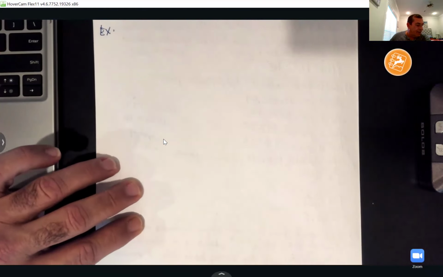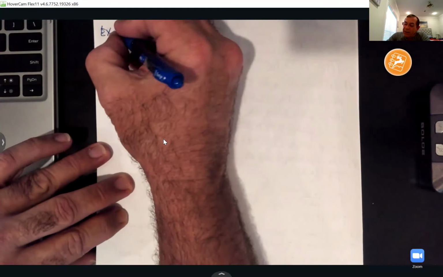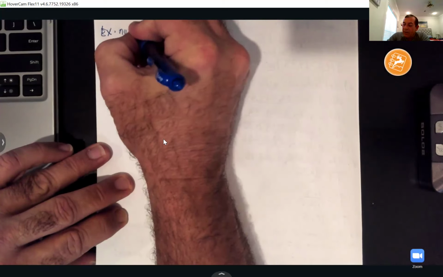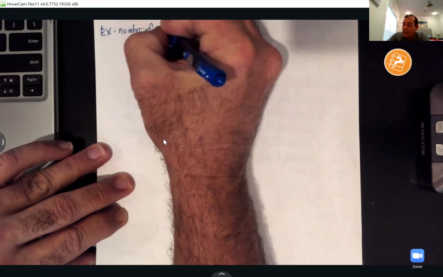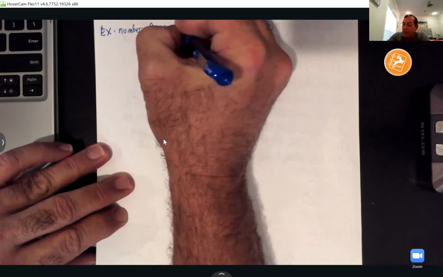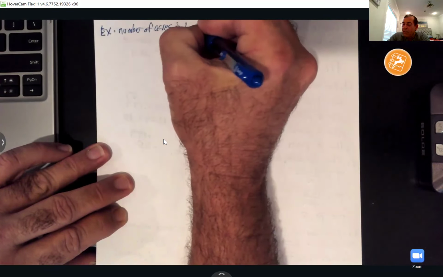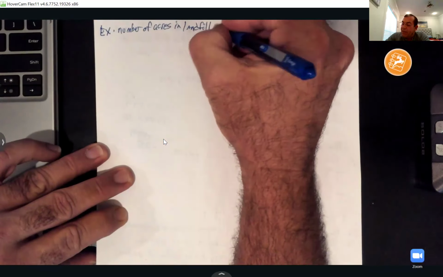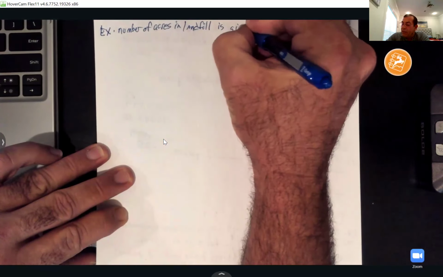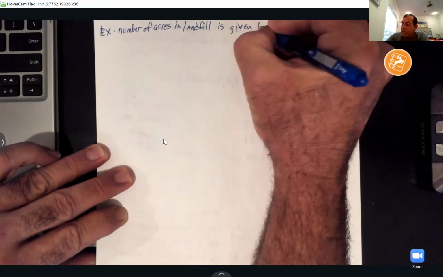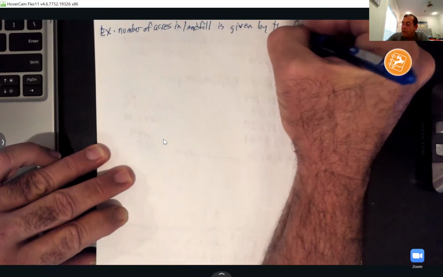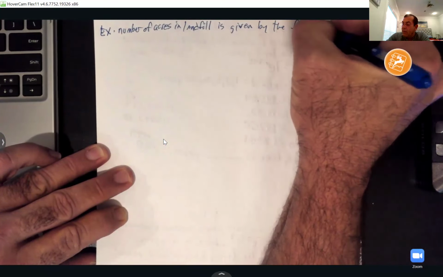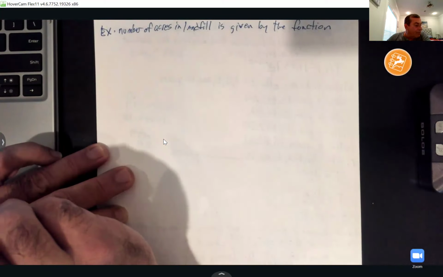So for 6, it says the number of acres in a landfill is given by the function